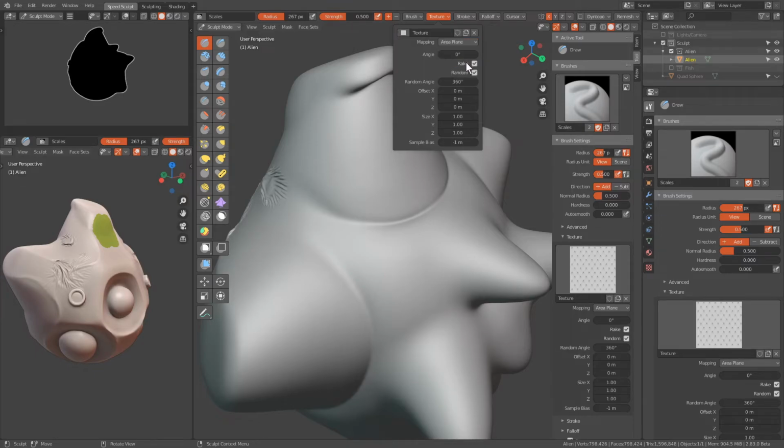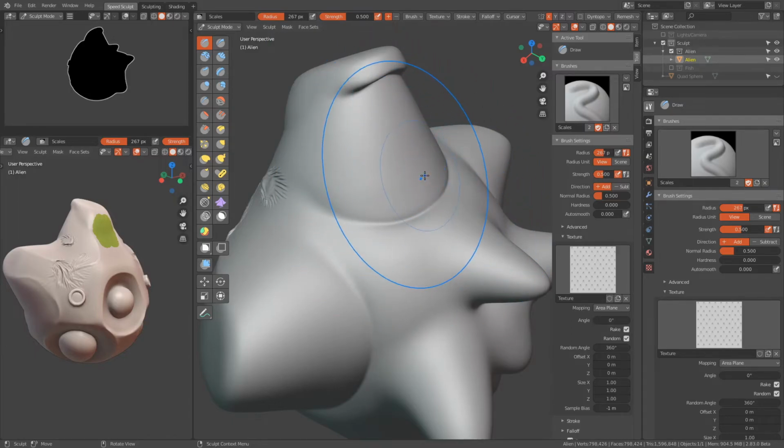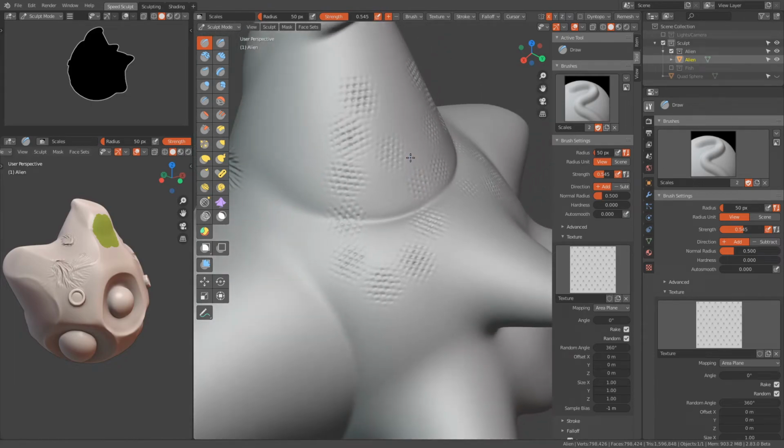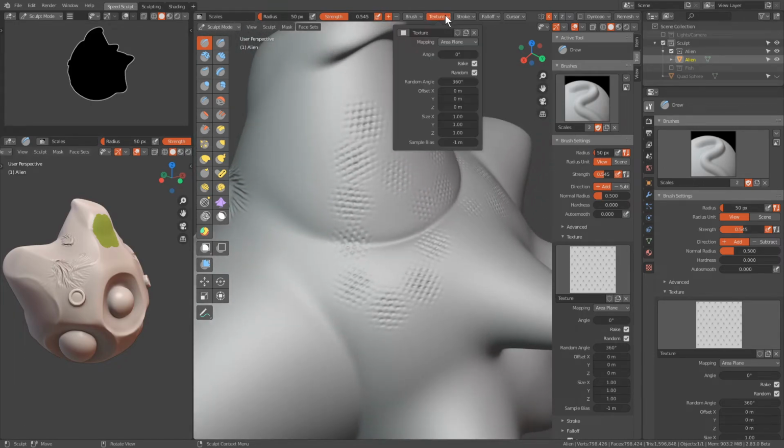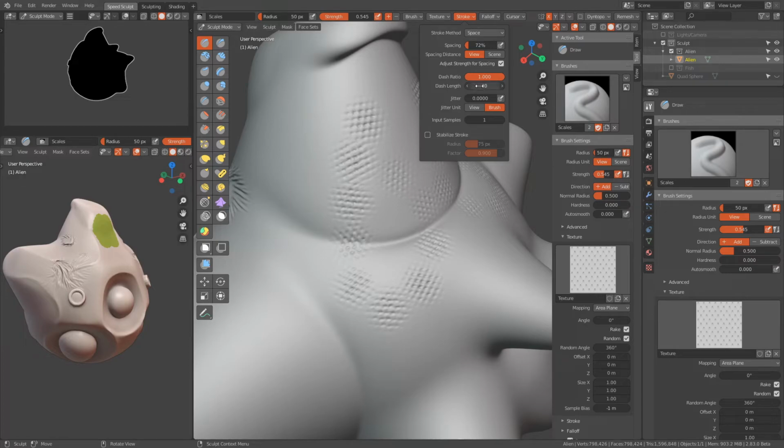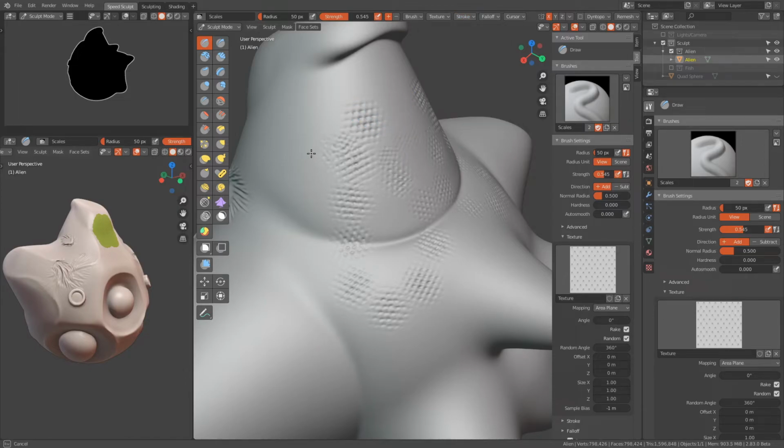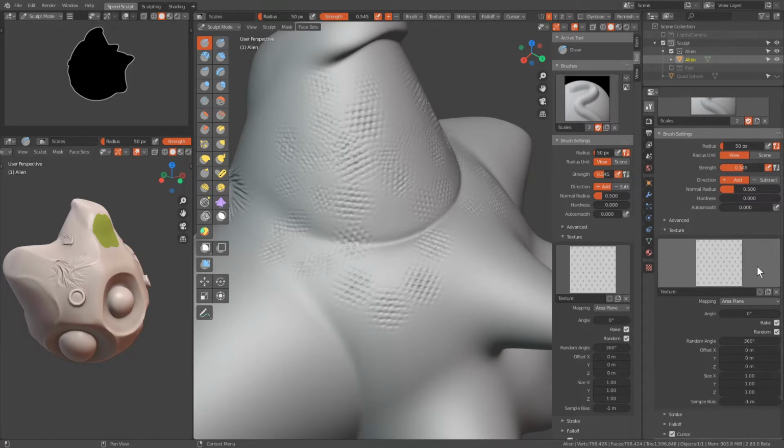Okay, anyway, we're going to change it back to area plane. So now it's going to paint it based on the direction of the sculpture. I'm going to bring the size down and the strength down a little bit. And now it's placing down the texture at random angles. And then if I turn on jitter, spacing just a teensy bit, now it's almost like the color spray. If I come into our alpha and change it to something a bit more appropriate,